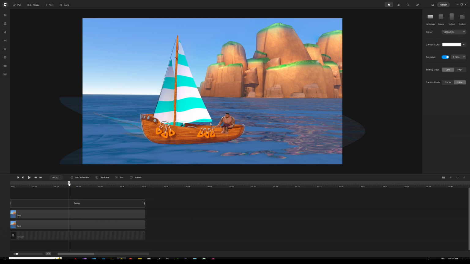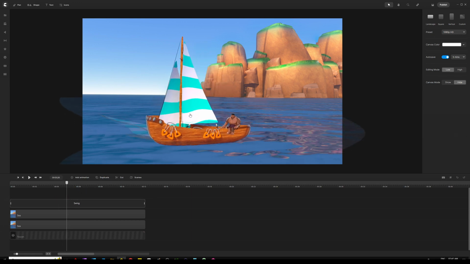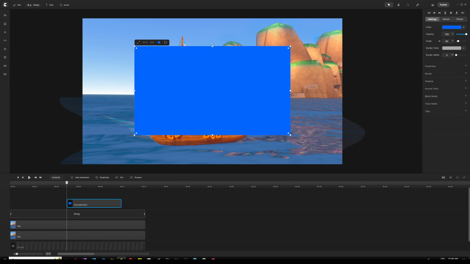So how do we do this? All we want to do is apply some masking to this image so that we make the entire image visible and hide the bottom part of the boat, giving you the illusion that the bottom part of the boat is sinking in the water. So how do we do this? We simply open up our shapes and then grab a rectangle. And we want to make sure that this is covering, like I said, the entire boat image from the top all the way